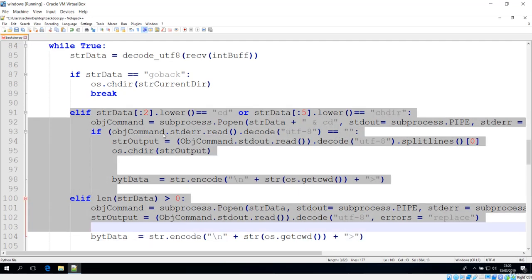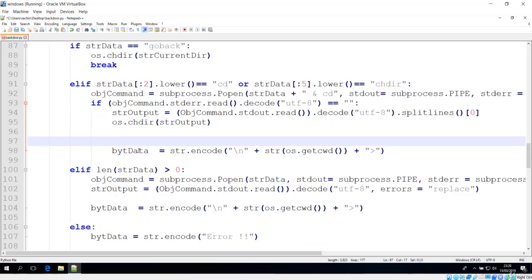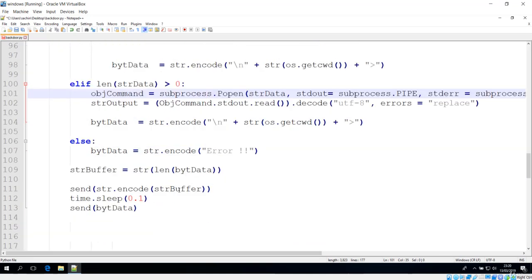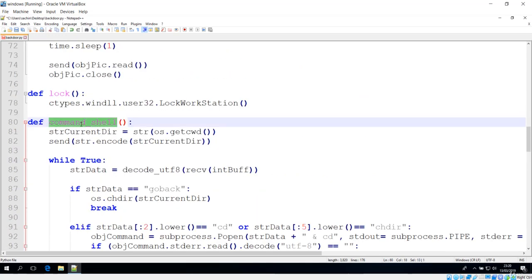What this does is it will get that command decoded, check for that command, and execute it in the cell as a process. It will get that output as bytes, because you should remember command prompt is going to execute in bytes. So we have to first get that byte of data and encode it again, and you can see over here that it has been converted into the string buffer again, and we encoded it, and again we send it back to the server. So we have completed the case of the client. Basically we have executed how to run a command that is sent by the server in the command cell remotely.